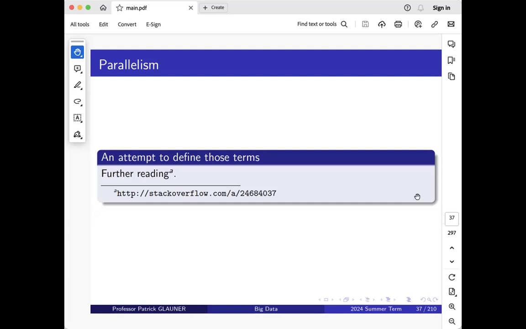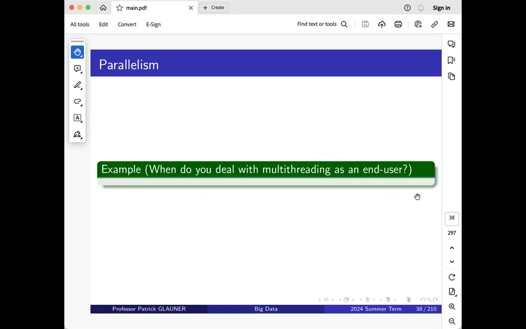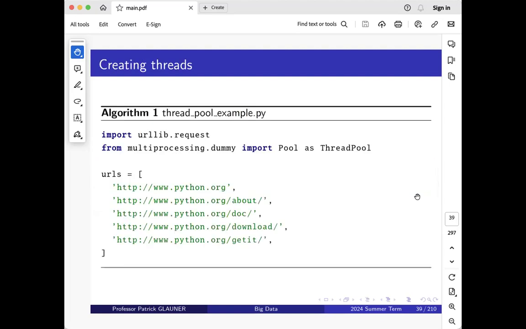So you see, defining this properly is tricky. I think we've looked at good definitions that also make sense. We've seen how you as an end user are dealing with multi-threading,